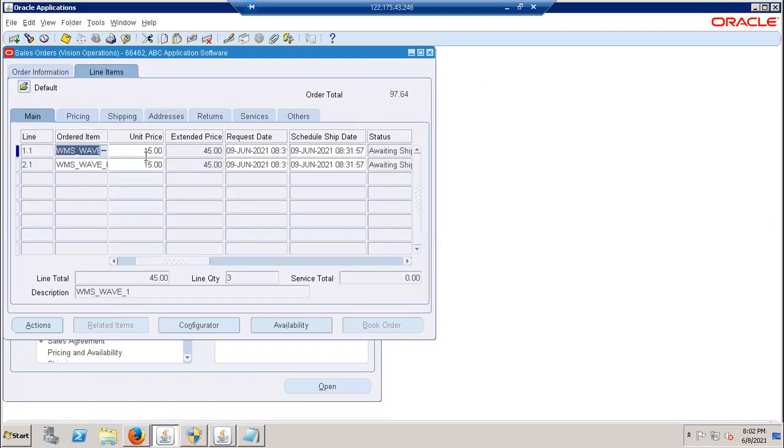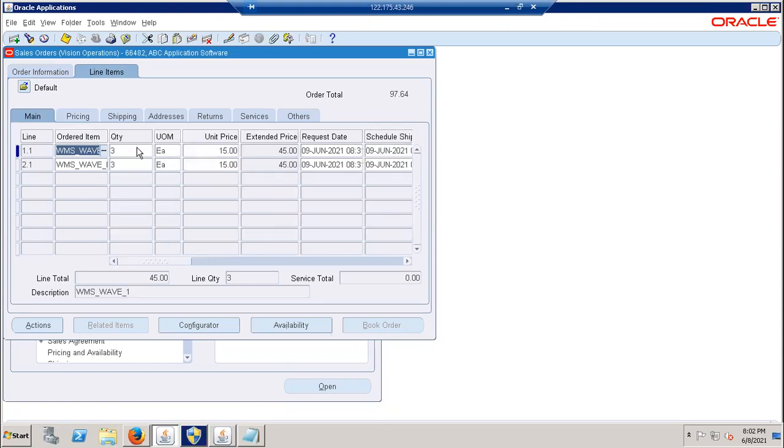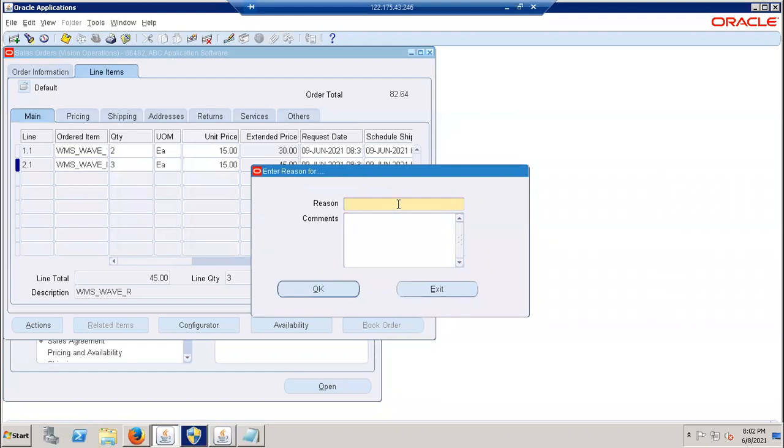Yeah. Go to line items. It has only 2 quantity. That's why that is the issue. Okay. Yeah, just provide like.